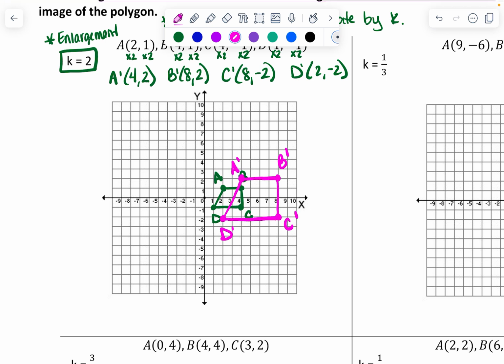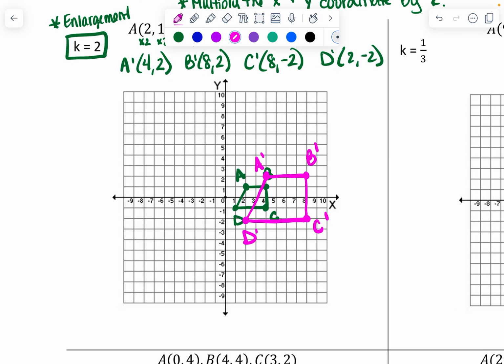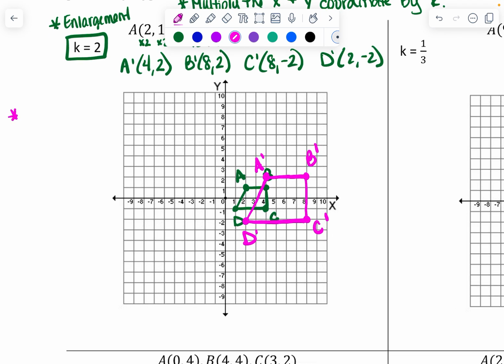So we can see the green one was the pre-image, the pink one is the image. It definitely was an enlargement. A couple things that I want to point out to you. So the image is twice as big as the pre-image. So 2 things changed, and we talked about this on the front side, but it's still going to be here on the coordinate plane. So the pink one is twice as big as the green one,